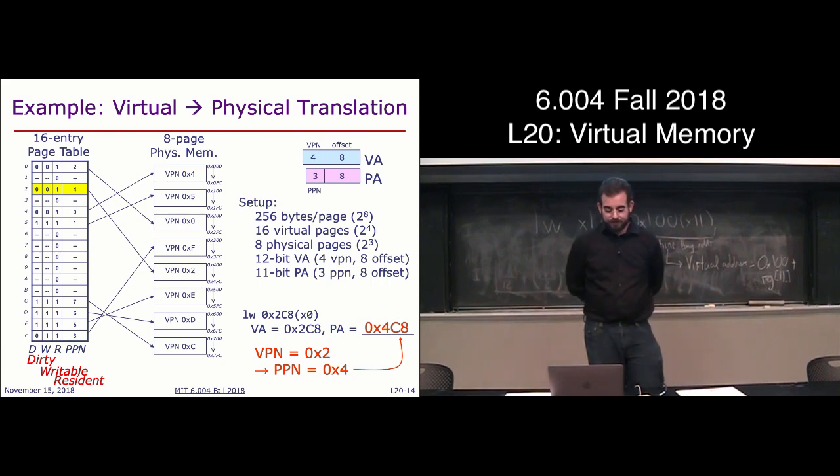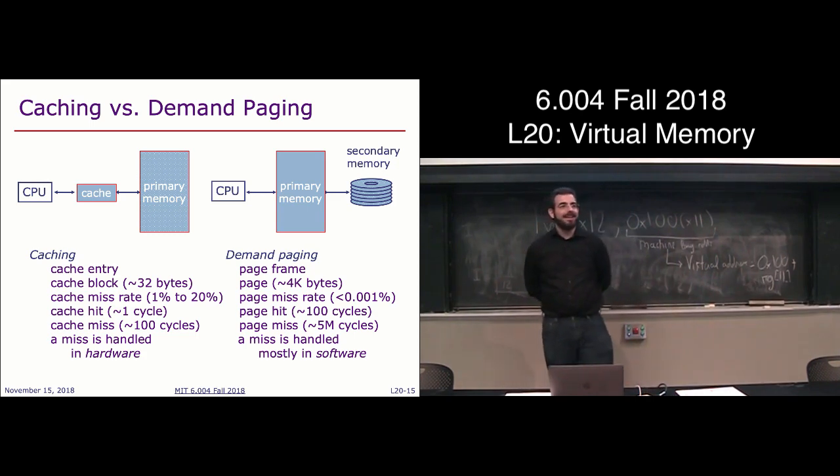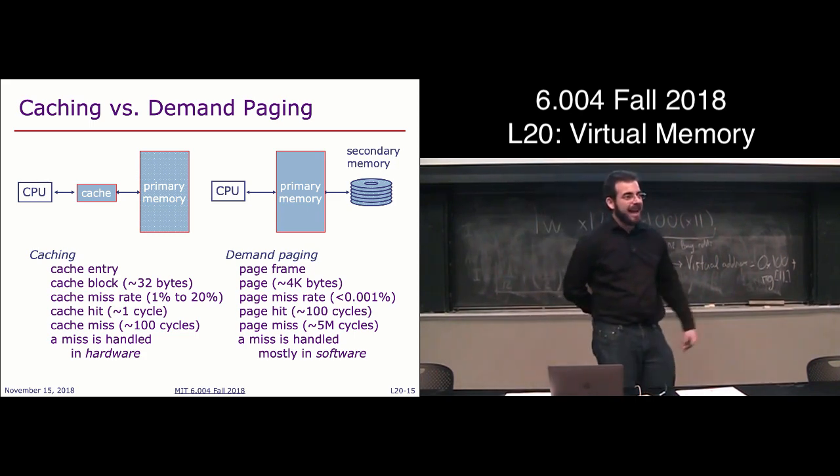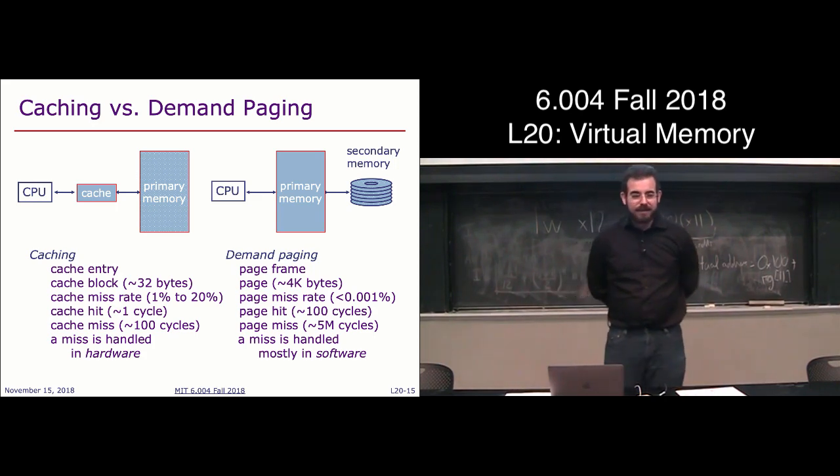Okay, so we've seen what happens when you have data actually in memory. But what happens when you miss? What happens when you hit on a page or a virtual page number that's not actually resident,